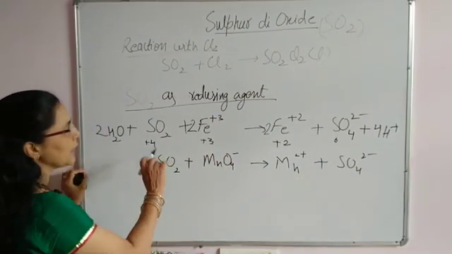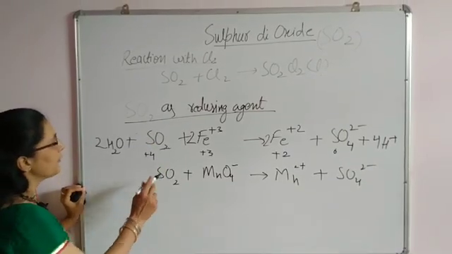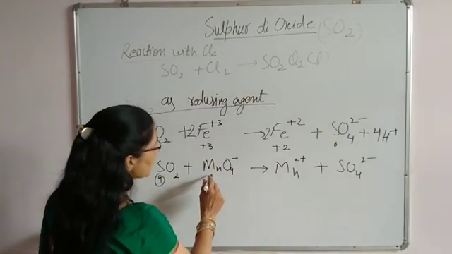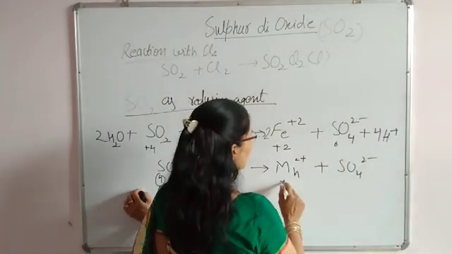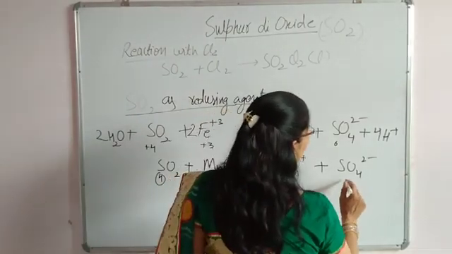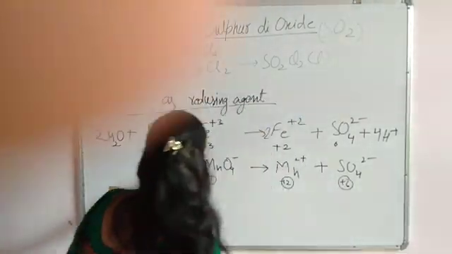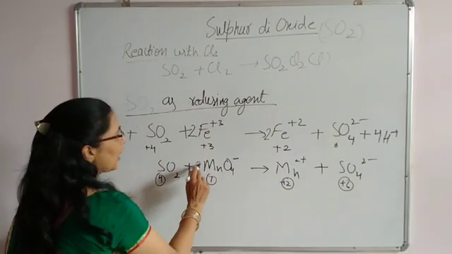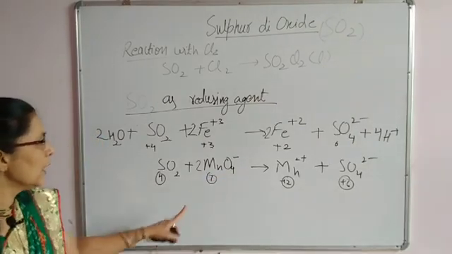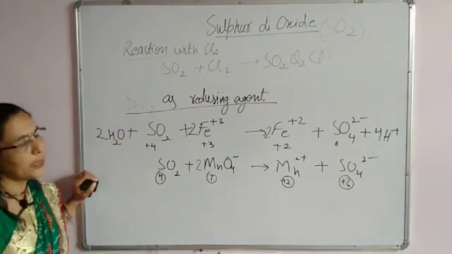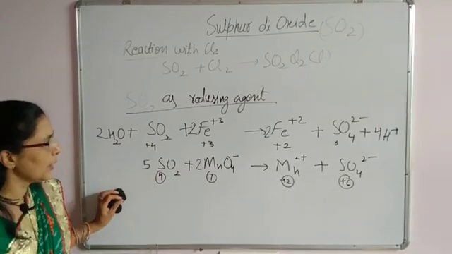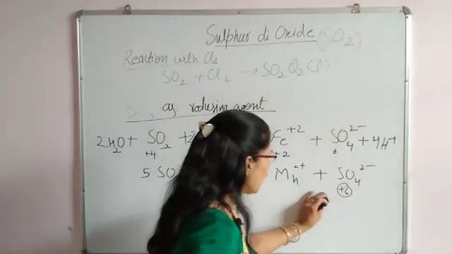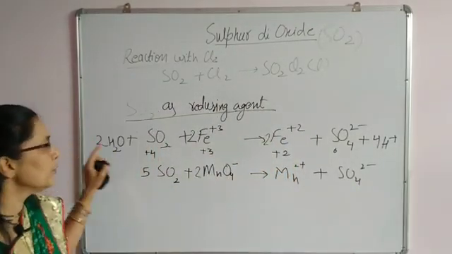For the rest of the work, I will find the oxidation numbers, then I will do it. For sulfur dioxide, the oxidation number is 4. In KMnO4, Mn contains oxidation number 7. Here it is plus 2 state. Here again it is plus 6. So from SO2 to SO4, the change is 2. Okay, so I am multiplying 2 with MnO4 minus. 7 to 2 is a change of 5, so I am putting 5 here. Now there is no need for these oxidation numbers. I put 5 and 2.